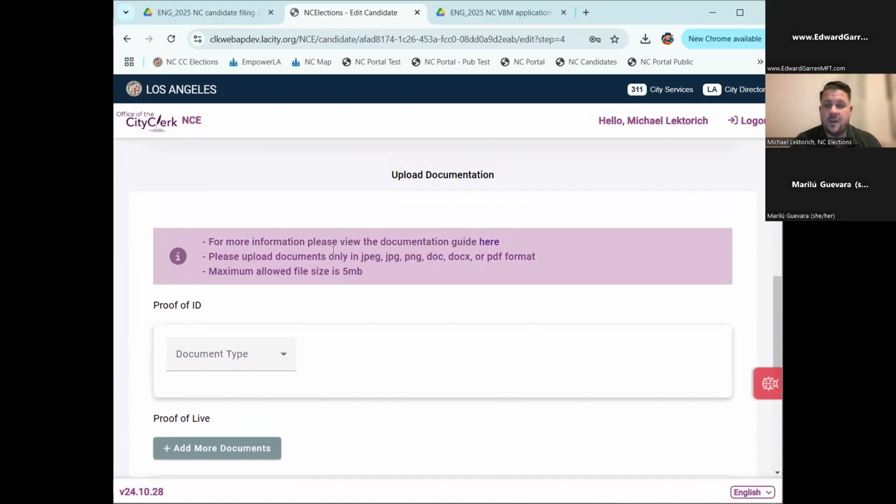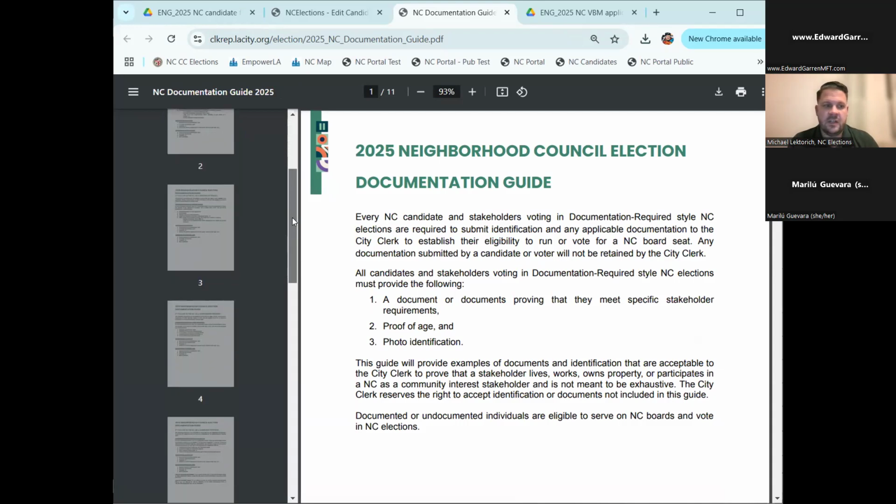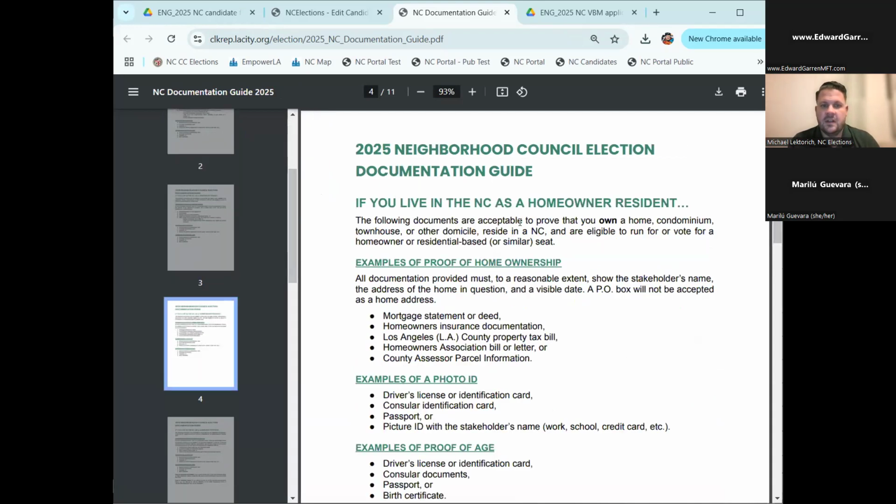candidates can, if there's any questions about what kind of documentation they can use, click here and it will go through our documentation guide. This is a really good document that breaks down multiple different stakeholder types. So let's click here. For example, if you live in the NC as a homeowner or resident, it gives examples for proof of home ownership, examples of photo ID, and proof of age. These are not the only documents we'll accept, but it's a good idea of a lot of the frequent documents